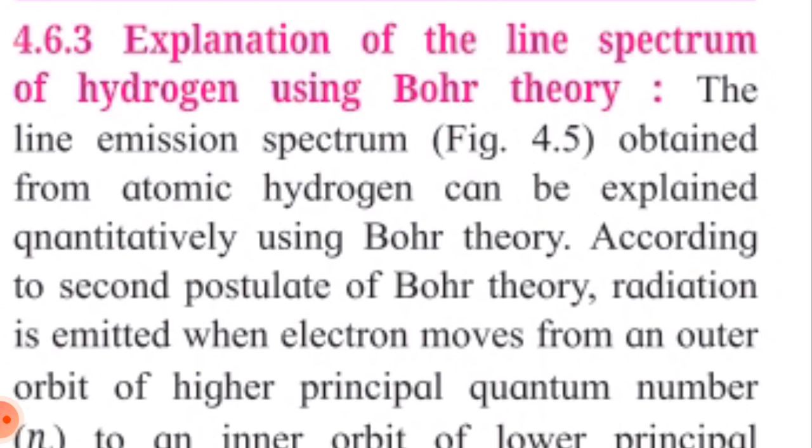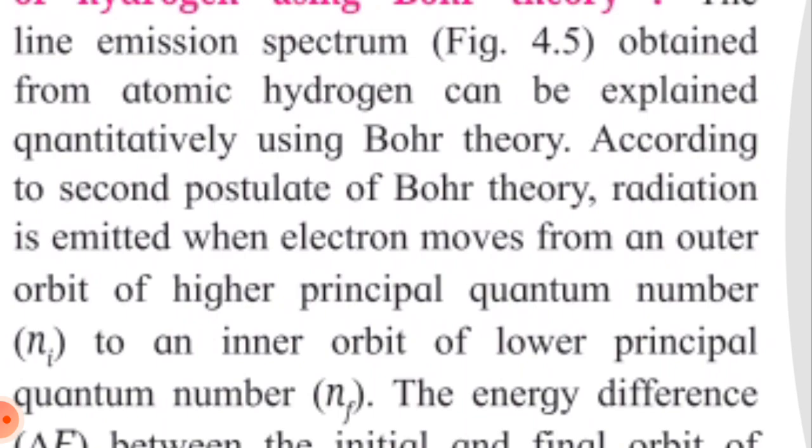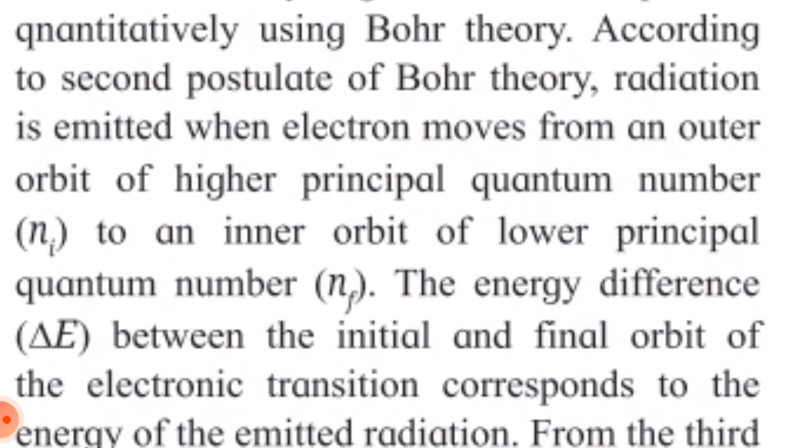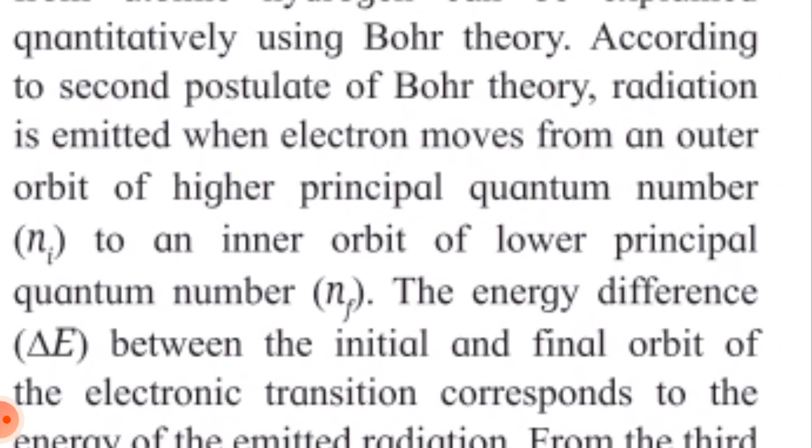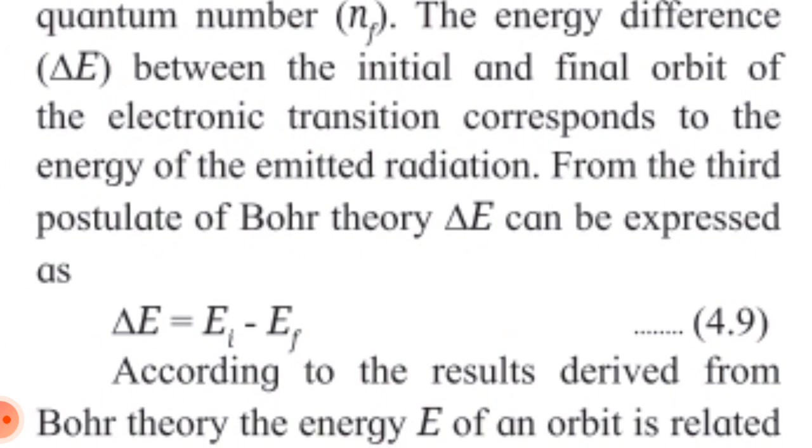4.6.3 Explanation of the line spectrum of hydrogen using Bohr's theory. The line emission spectrum (figure 4.5) obtained from atomic hydrogen can be explained quantitatively using Bohr's theory. According to the second postulate of Bohr's theory, radiation is emitted when an electron moves from an outer orbit of higher principal quantum number ni to an inner orbit of lower principal quantum number nf. The energy difference delta E between the initial and final orbits of the electronic transition corresponds to the energy of